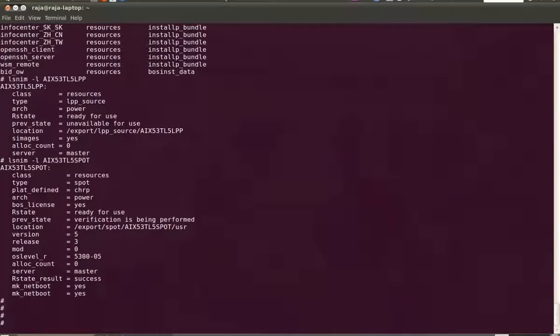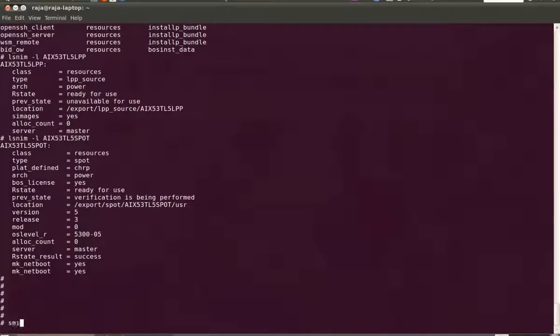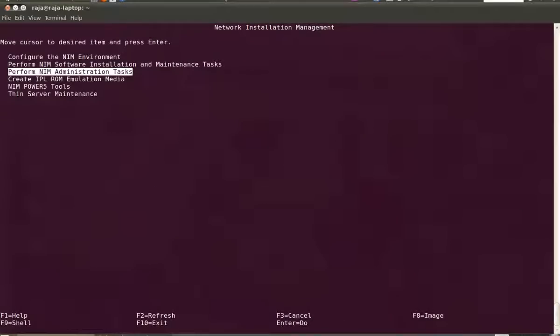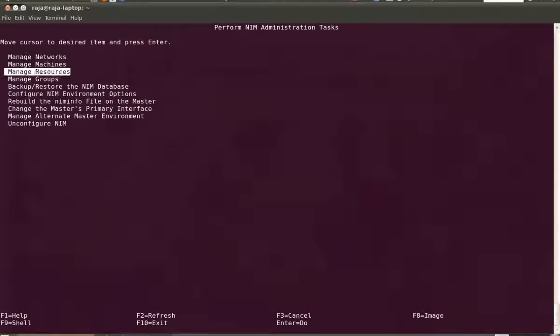So this is how it works. So we are done with the NIM server configuration. Now you can proceed with the client definitions, and you can install the operating system on the client and other things. Basically you will use SMITTY nim, and over here you will go to the perform NIM administration task, and you can manage the networks, machines, resources.